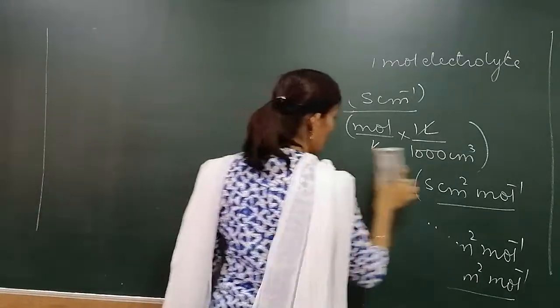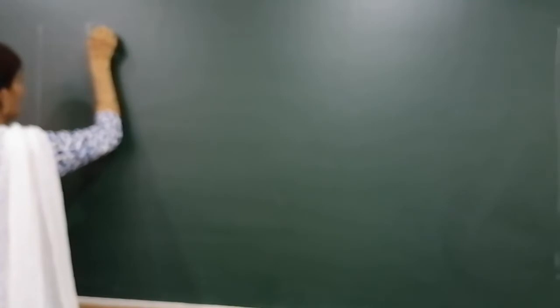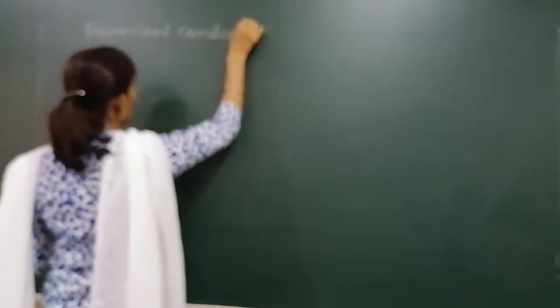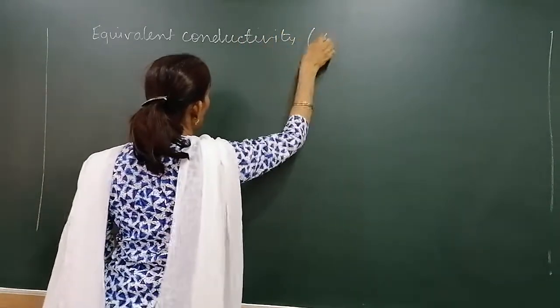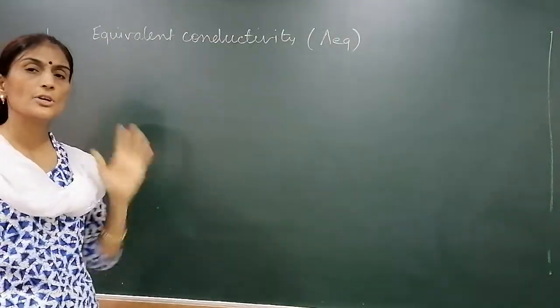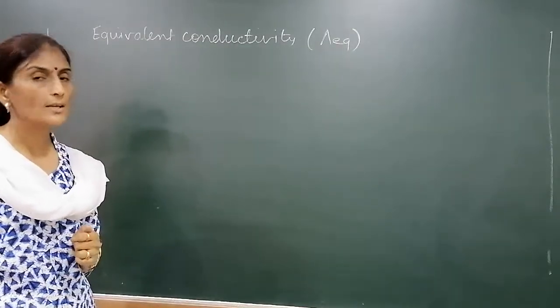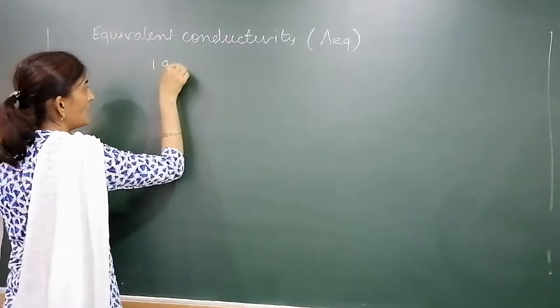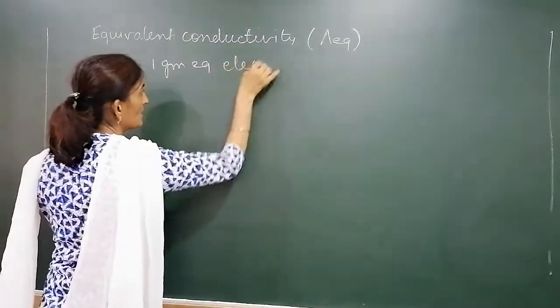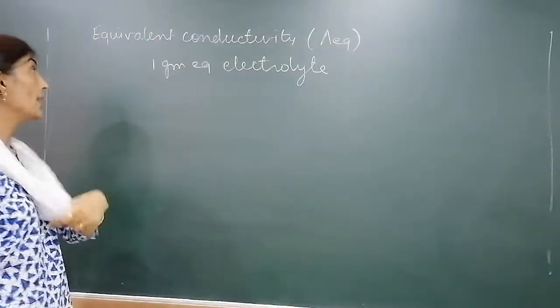Now one more term is there, and that is equivalent conductivity. What is equivalent conductivity? It is denoted by lambda EQ. In molar conductivity, we took 1 mole of electrolyte in a given solution. In equivalent conductivity, 1 gram equivalent of a solute is dissolved in a given solution. So if 1 gram equivalent of electrolyte is dissolved in a given volume of solution, then the conductance is known as